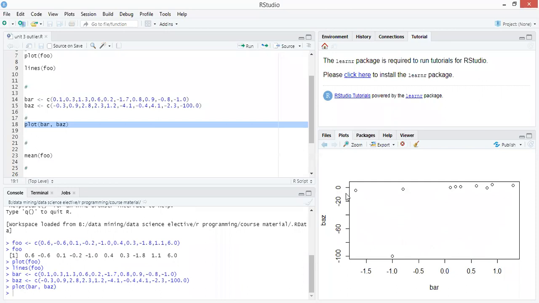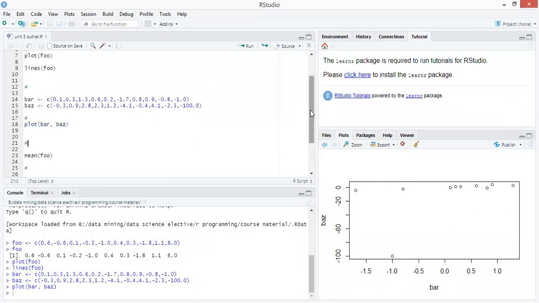If we plot these two vectors, you can find only one point, the point -1 and -100, and this is the last point. At the 10th position, the value of bar is -1 and the value of bars is -100, and this position is the only outlier, because all the other values lie on a much more similar line.